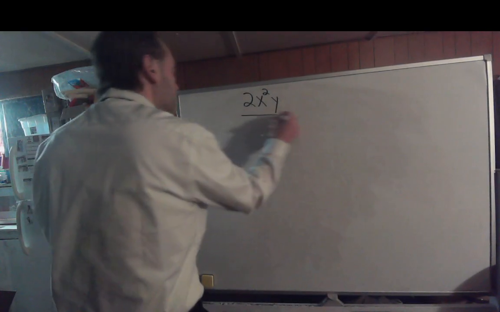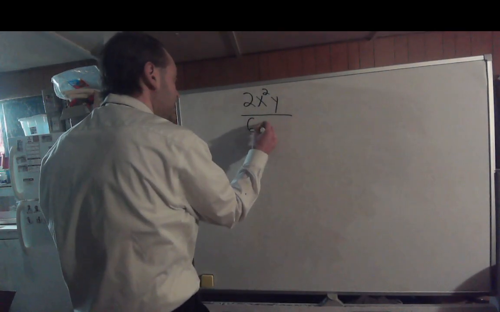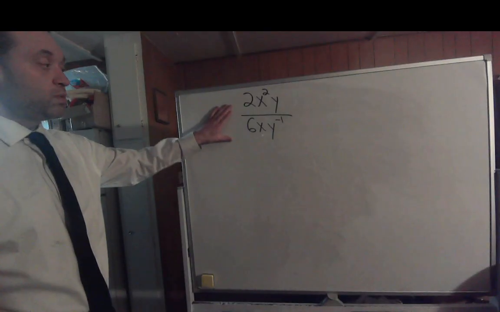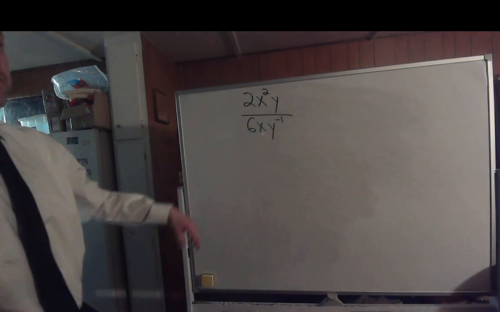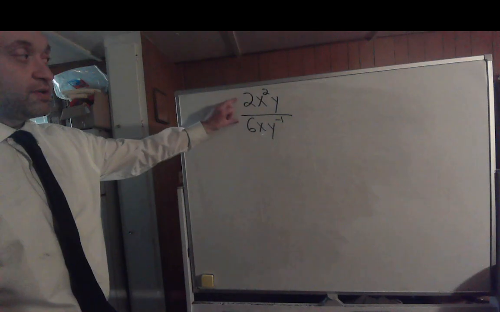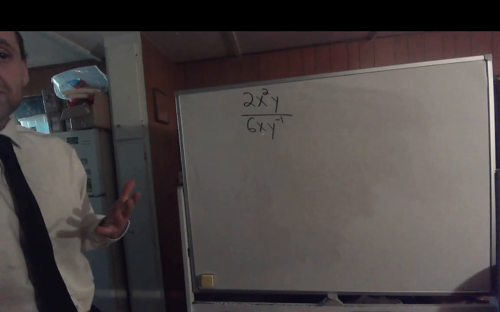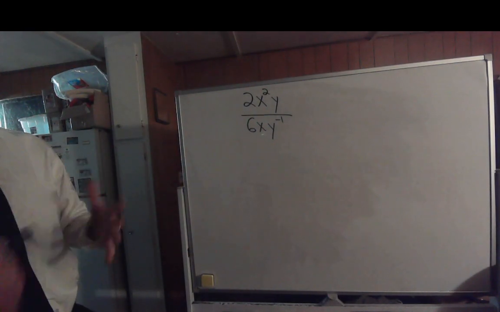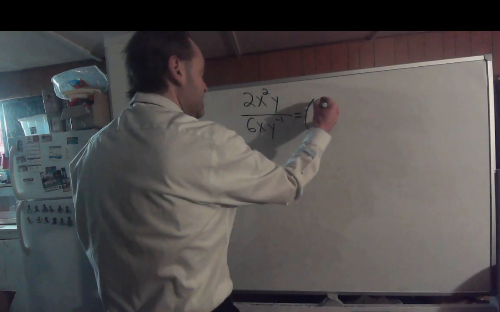Alright, 2x squared y divided by 6x y to the negative first. So we have 2x squared y divided by 6xy to the negative first. So you have two different constant bases which you can treat the same. If you have bases that are constants, you just do normal multiplication and division. But we have two different variable bases here, so let's split them into 3 parts. The first part, you would just have 2 divided by 6